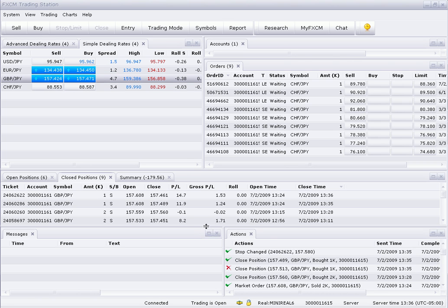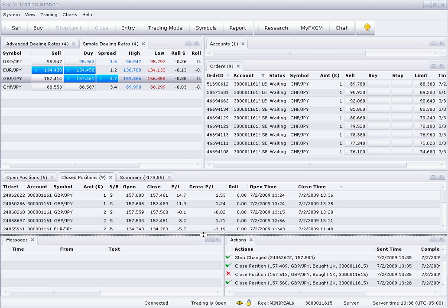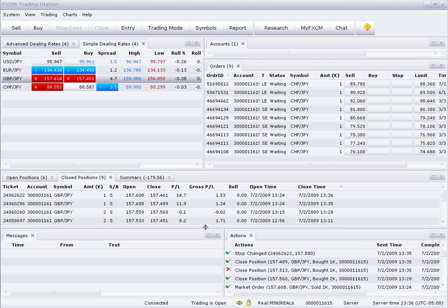So, captured 25 pips on these 2 lots, 16 pips on here. So net, that is about 20 pips, but on 2 lots. So it's pretty good trading for just a few minutes here. I still think